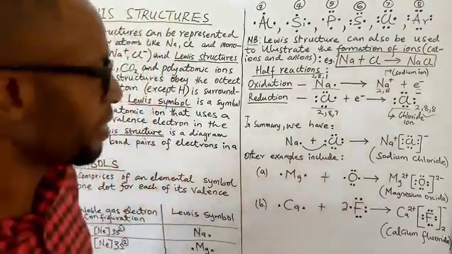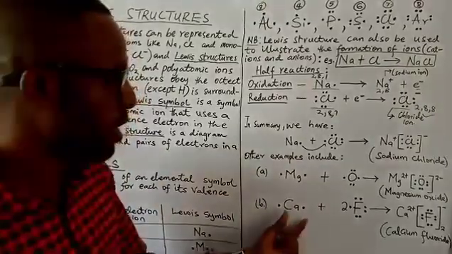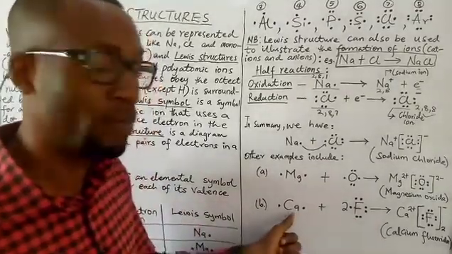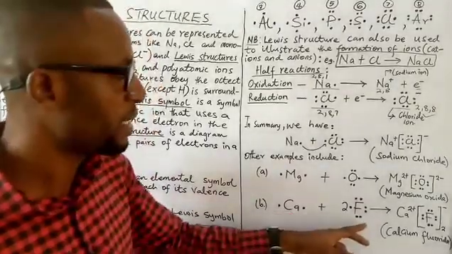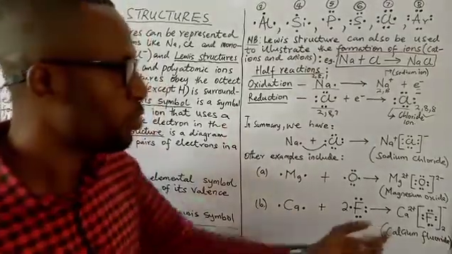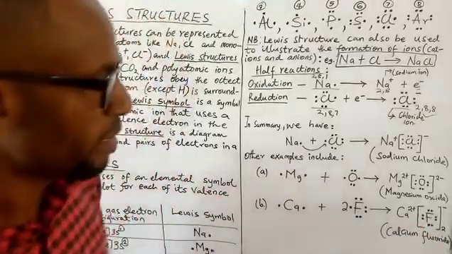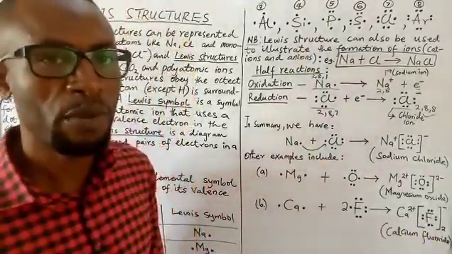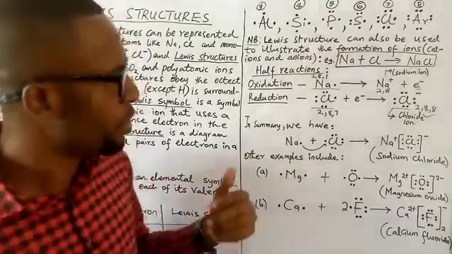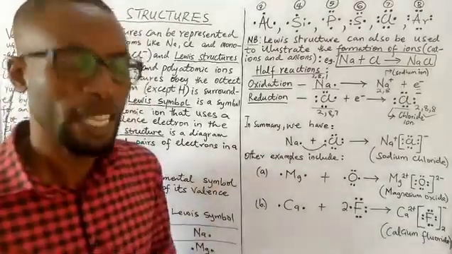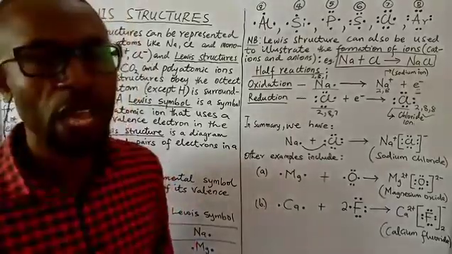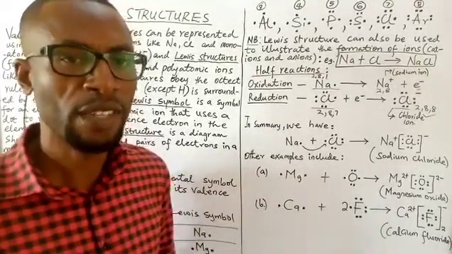Beautiful. The final example in this case is where you have your calcium atom reacting with two fluorine atoms, okay, to make calcium fluoride. And that you have as the Lewis symbol of that molecule. In the next video, I'm going to take it beyond showing the Lewis symbols into showing the Lewis structures of molecules and polyatomic ions. Thank you.